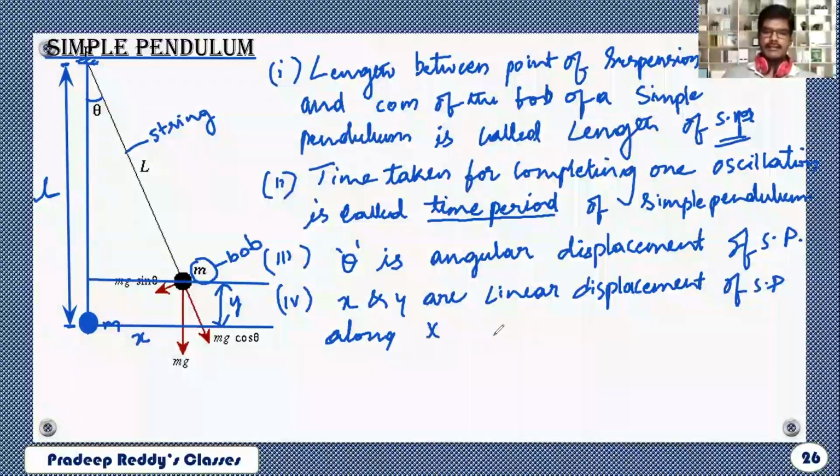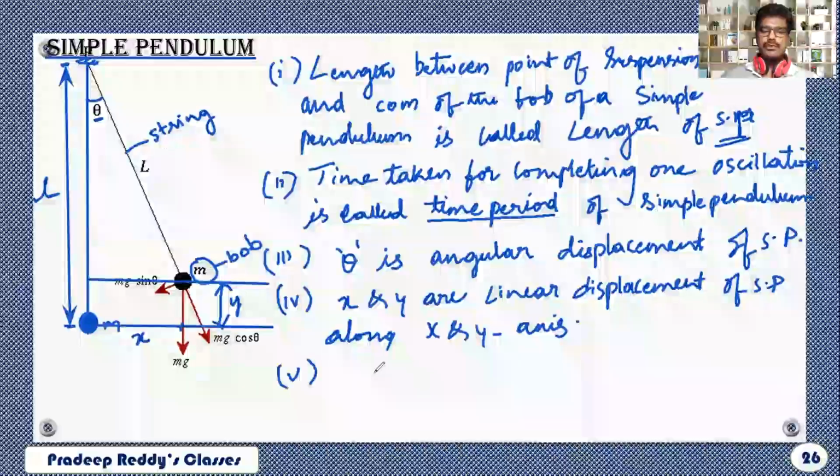So whenever we are dealing with a simple pendulum, in order to show that it is angular SHM, you need to take this angle theta as the reference, and you need to prove that alpha is equal to minus omega square into theta. Because this is not an example of linear SHM. If it is linear SHM, then you will be taking either displacement along the x-axis or displacement along the y-axis, that is x or y. But here we are considering angular displacement of the pendulum. Angular displacement should be taken as theta.